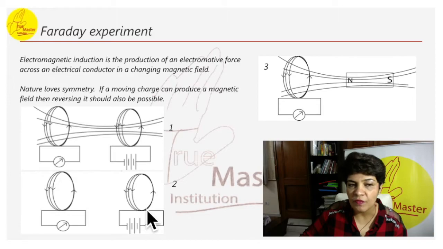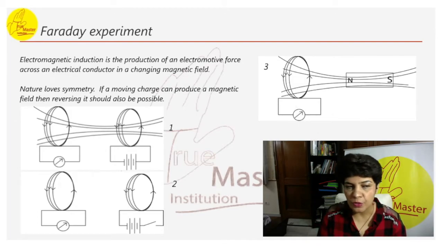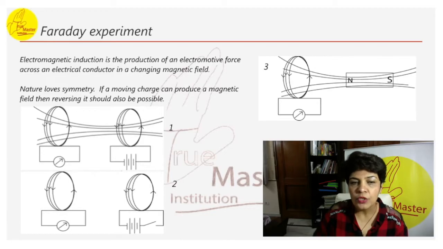Here what we have done is we have attached this with a switch. We are going to explain that in a minute. And the third is induced EMF with a stationary coil and a moving bar magnet. This is a bar magnet, and the movement of this magnet produces current in this coil. Here we take a wire and wrap it. When we wrap a wire, we call it a coil. This coil is further connected to a galvanometer.